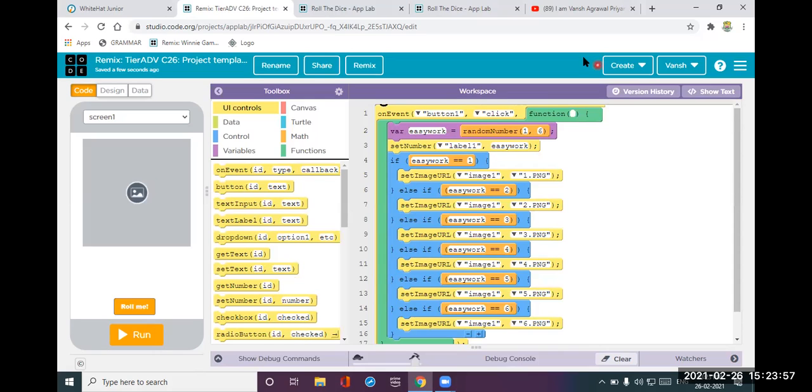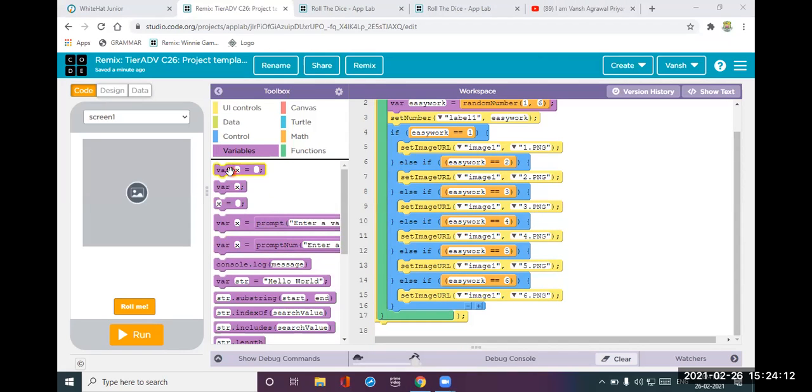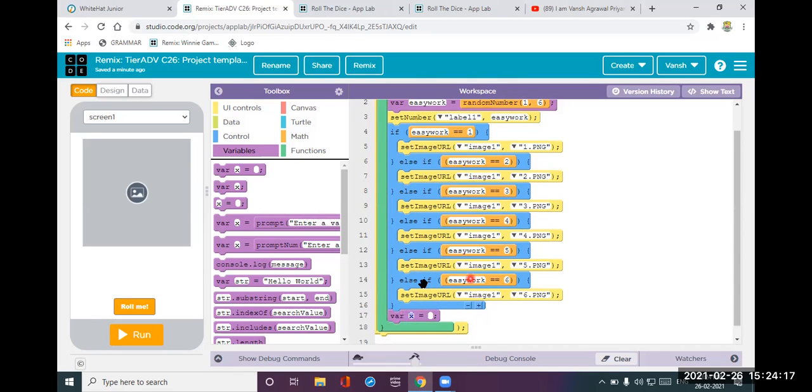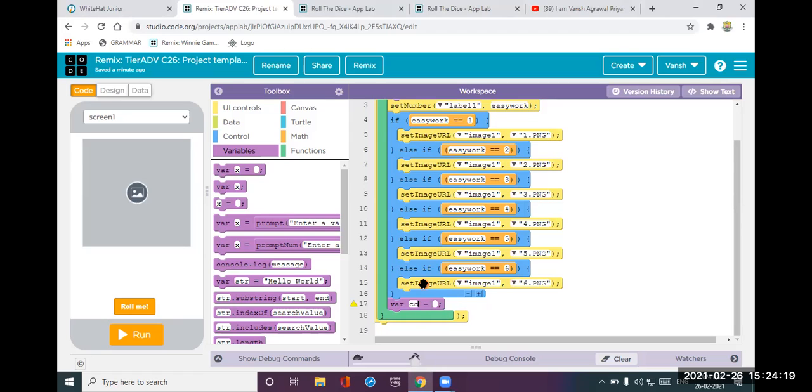We have to now take a timed loop. Firstly, we have to declare a variable called count variable, and then we have to take a timed loop. So firstly let me declare a variable. I'll tell you why. You have to declare the count variable after the if statement, not in the if statement. Count variable, declare this variable for what?